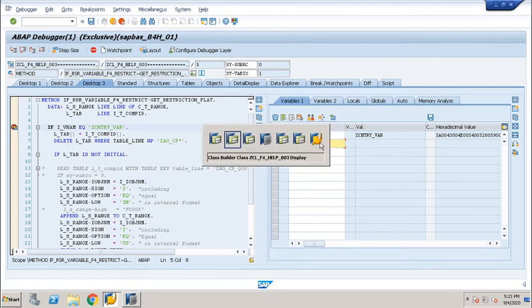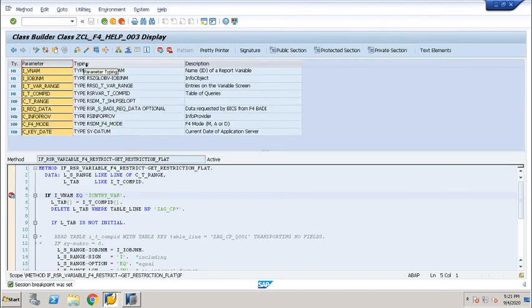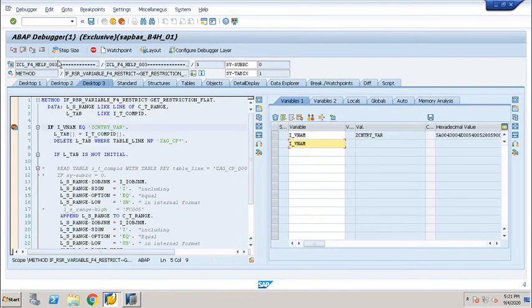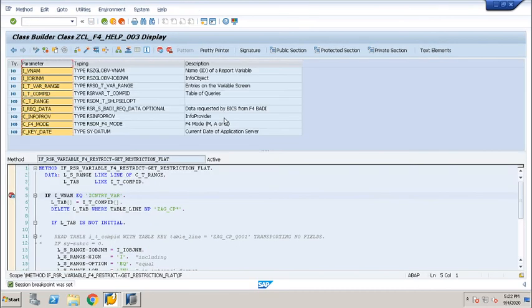Not copying. Okay, just a minute. I don't know why it is not copying. Let me try once again. Okay, let me then pass them one by one.